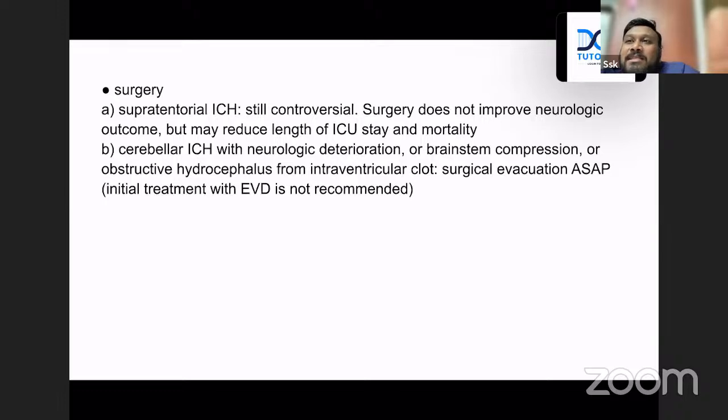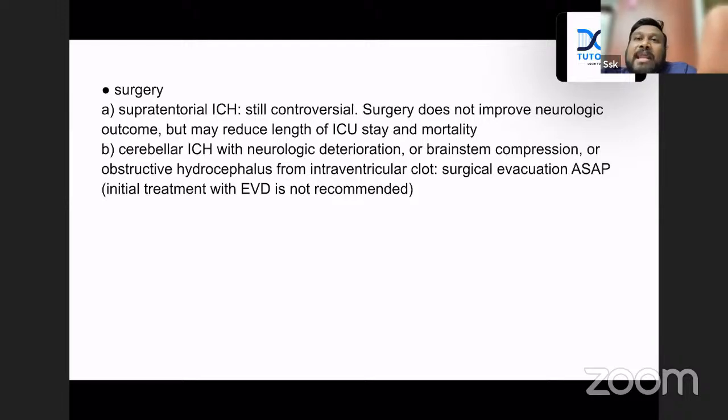Why it is still controversial is because most of these patients die because of end stage renal failure. Just like hypertensive ICH is happening, at the same time hypertension also damages the kidney. And we give mannitol and Lasix inadvertently. And even though we monitor, they have a tendency to go for hypertensive nephropathy at a very rapid stage. So that's why their survival is not that good.